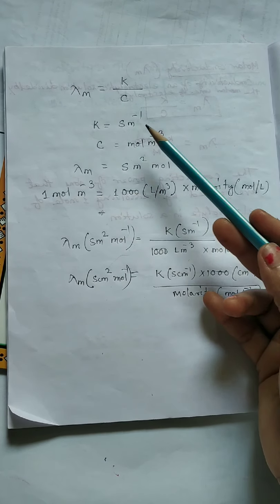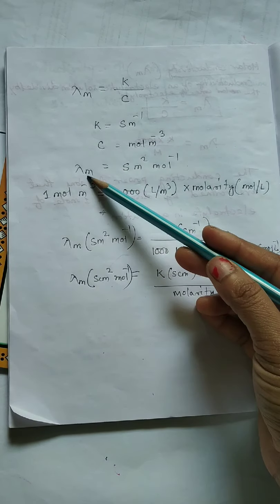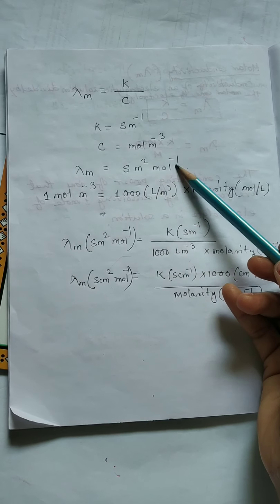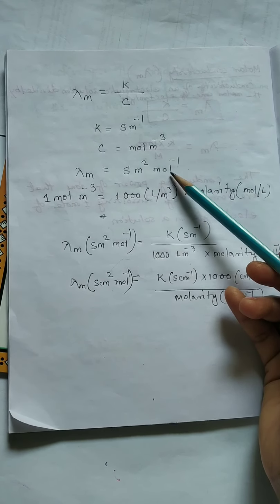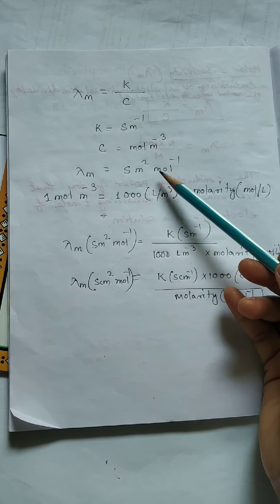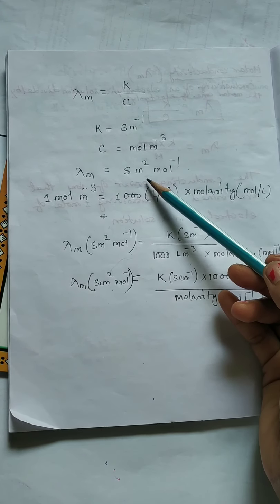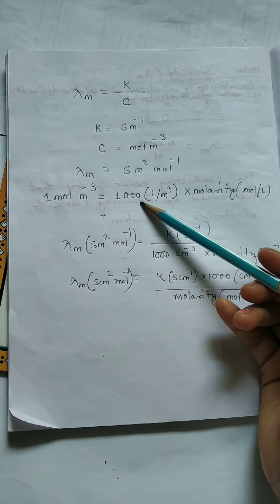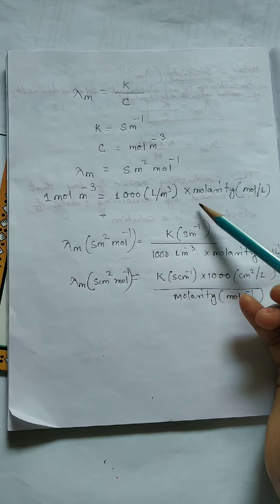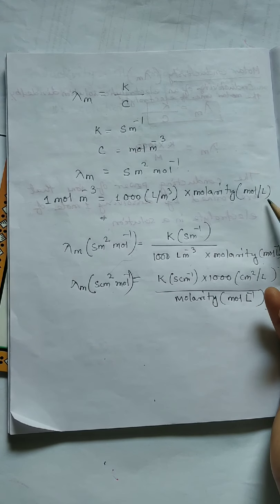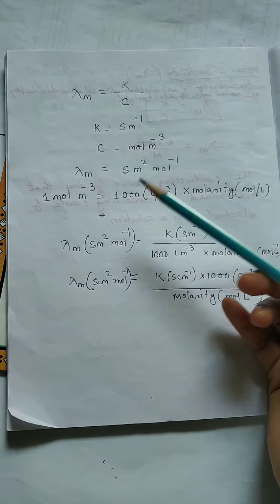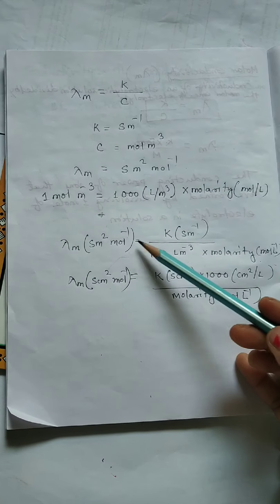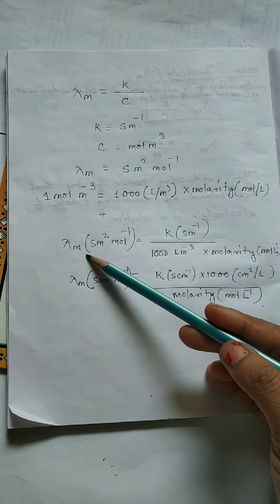But if these units are put, then we'll get the molar conductivity in the units of Siemens meter square mole inverse. As I have told you, for practical purposes, instead of the meter unit, the centimeter unit is used. So 1 mole per meter cube is equal to 1000 liter per meter cube into molarity in the units of moles per liter. So in the above expression, if we put these values and change it, then